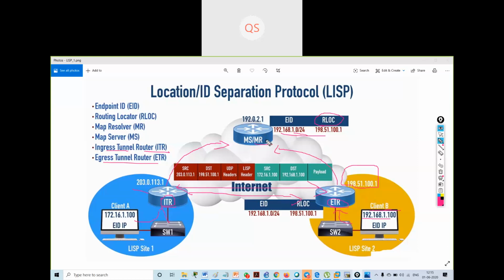So whatever the resolver said, you have to send. If you want to go to one dot network, then you have to send the data to this RLOC IP address. Once you send the data to this RLOC IP address, you can reach client B on Lisp site 2. Understood?